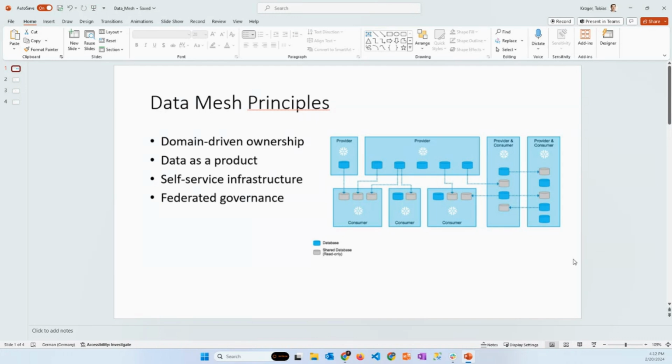And what we see here on the slide is basically a little diagram overview of how this can happen. So what we want to leverage here for the data mesh is basically the data sharing feature. We all know and love it from Snowflake. We have the possibility to be providers of data into this data mesh and also to be consumers. Sometimes it can also be both, so that we will be providers and consumers.